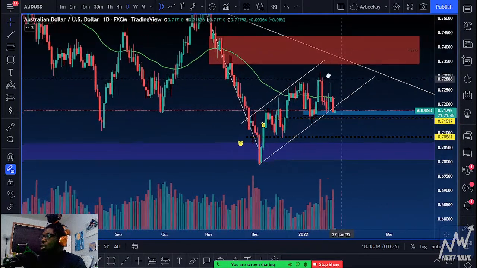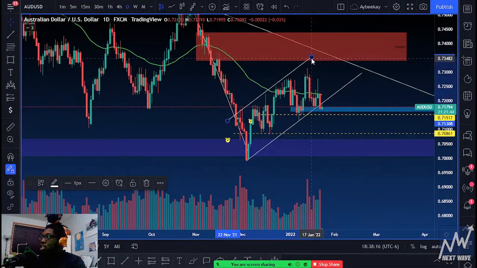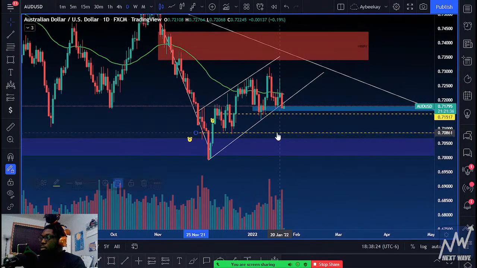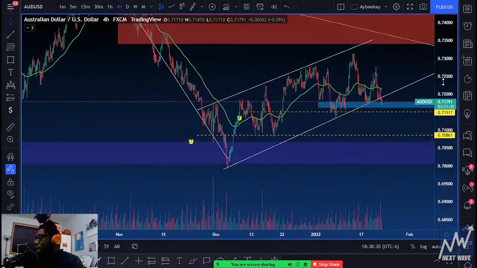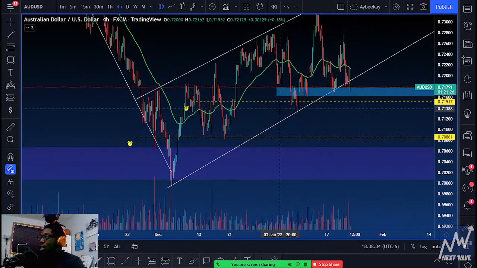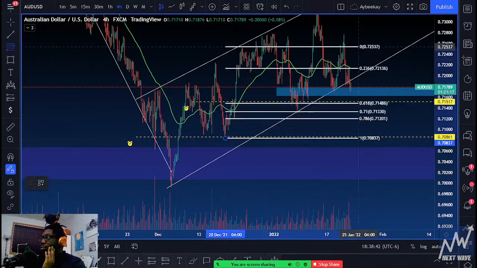So we'll see what goes on with AUD USD. I'm interested in seeing what those levels are going to be like for potential buy opportunities. But again, right here where it's at, it could buy there, but I'm not going to try that. I'm not comfortable taking that risk. I would rather get 0.71517 as a potential area to buy,